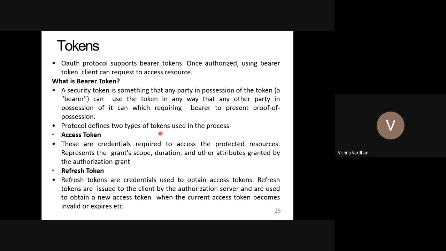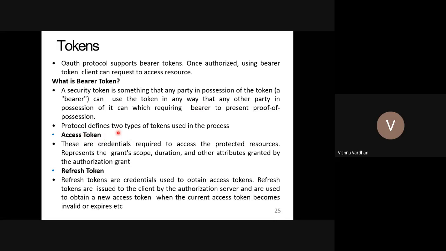Once you have paid the bill, you don't have to go again to the counter and again to the serving area, or tell some waiter that you have already paid, or show something as proof or evidence. Simply, what you can show is the authenticated token given by that same restaurant. In that way, the bearer token is a piece of thing that you can reuse for authenticating again and again, a number of times.